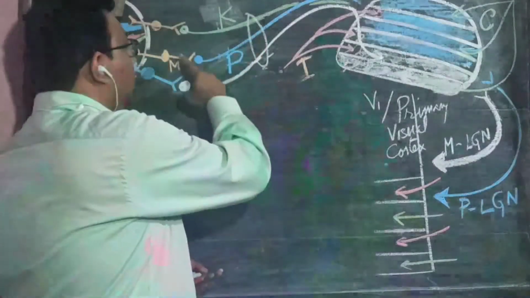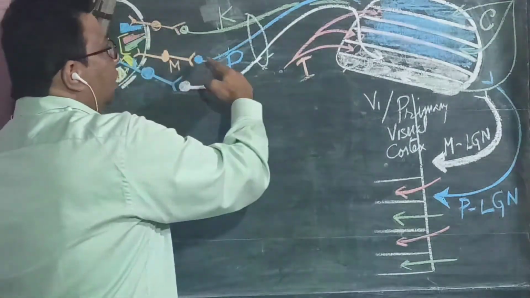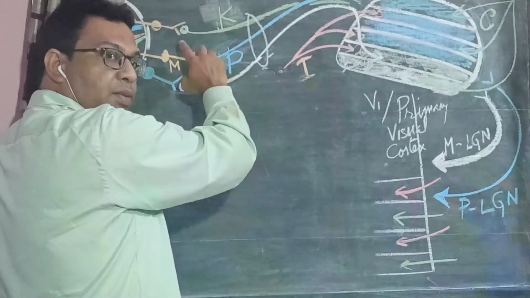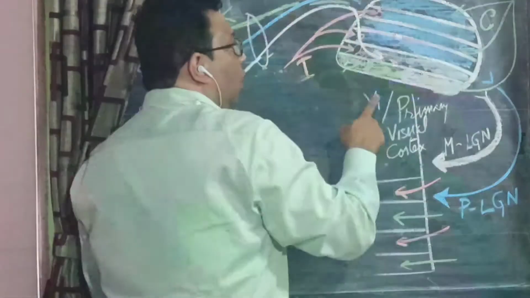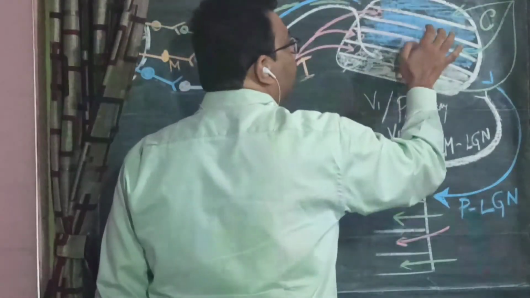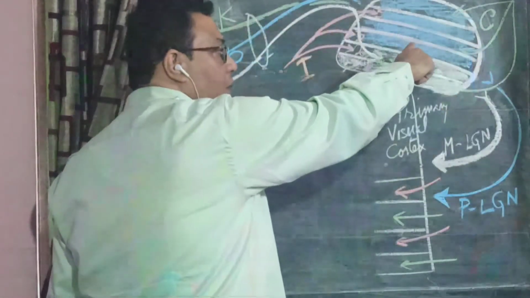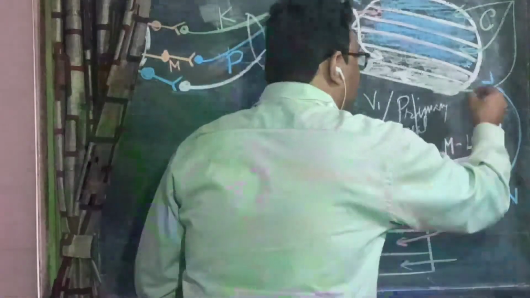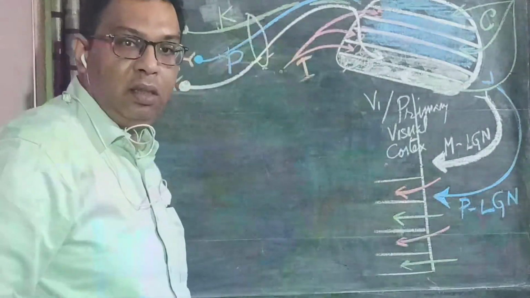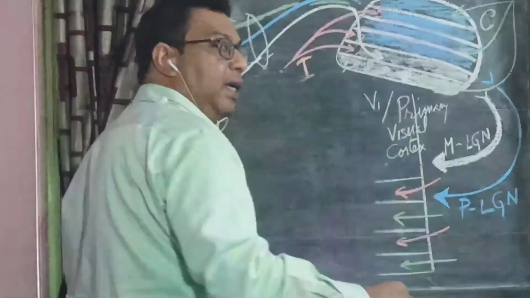So coming to the parvocellular pathway, you see the midget ganglia from cones giving rise to the parvocellular ganglionic pathway, which goes to the lateral geniculate body and distributes its component to the layers 3rd, 4th, 5th and 6th. And also fibers arising from the lateral geniculate body, the geniculocalcarine fiber or the geniculostriatal fiber, which go from the lateral geniculate body to the striate cortex, the area around the calcarine fissure, or Brodmann area 17, the primary visual cortex. Same thing.